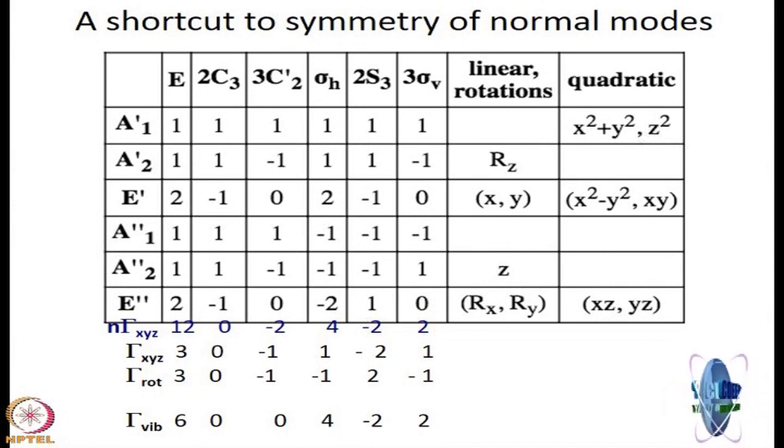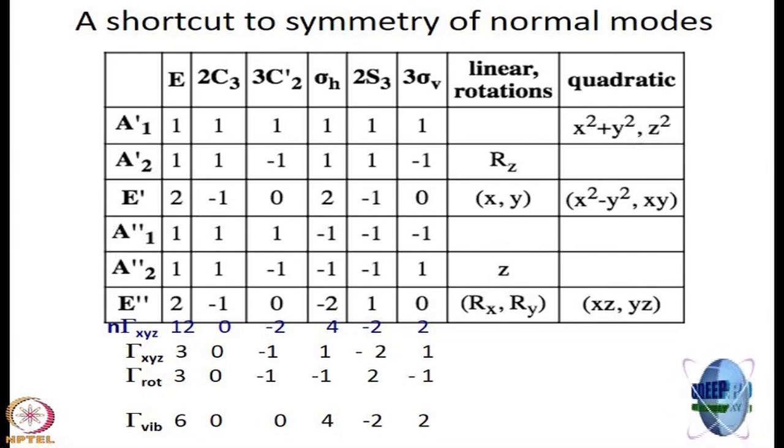I have the answer for the first coefficient. It is very easy. What is the answer for the first one? For A1 dash, what is the coefficient? 1. Is that right? For A1 dash, the coefficient is 1. That means there is one totally symmetric vibration. And in fact, when we showed you the normal modes without deriving, we had shown you this symmetric stretch, right? That is the totally symmetric vibration.